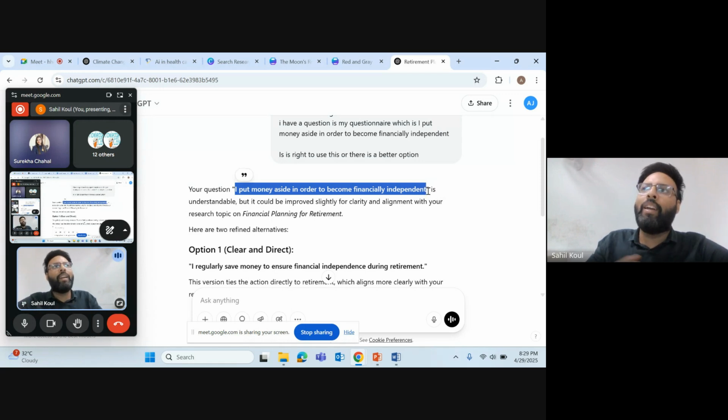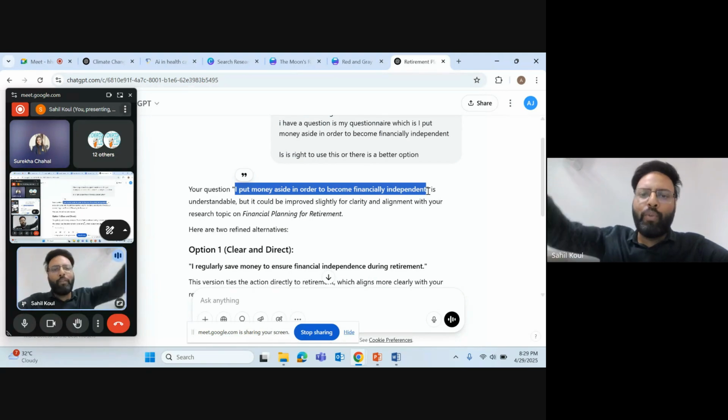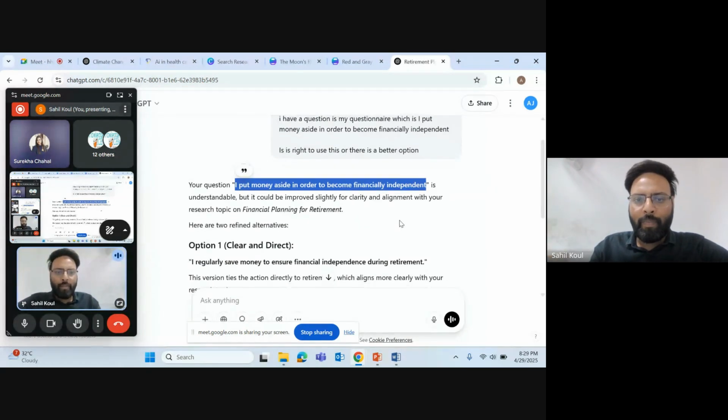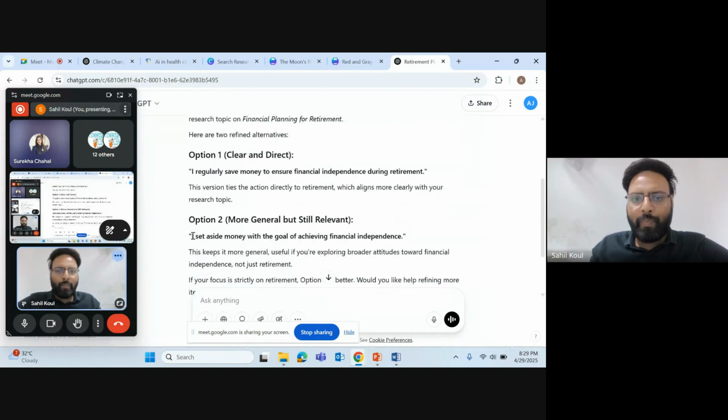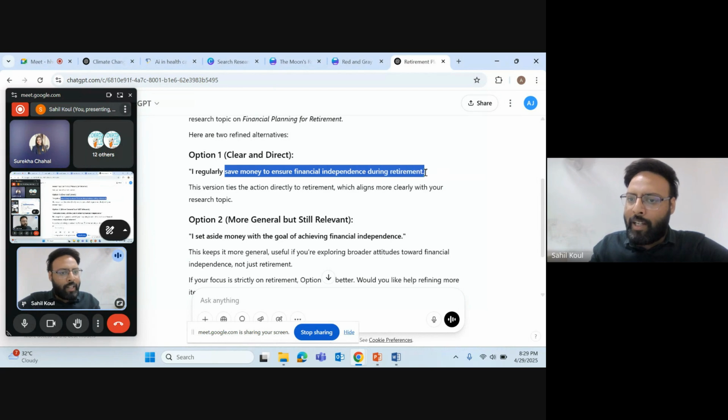That is, if I have 10 rupees or 100 rupees, would I be able to spare 10 rupees for my future? Will I save or not? But since this question is unclear, you can use it in this way: this version would be direct. Will you save money to ensure financial independence during retirement? This will be one question.